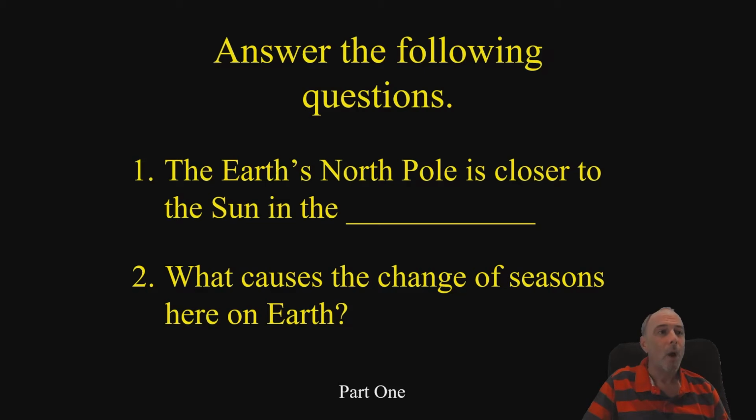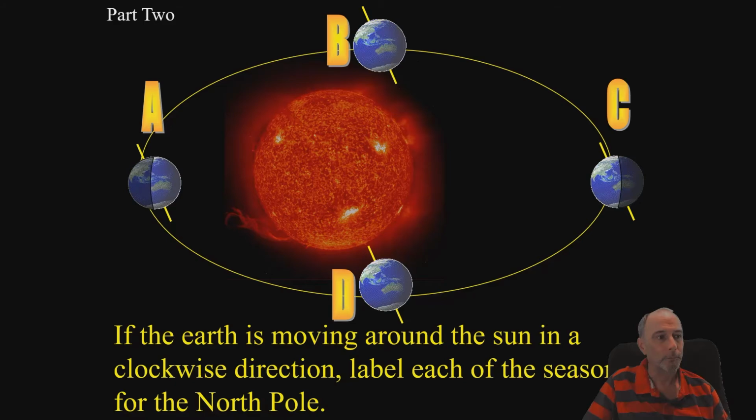And what causes the change of seasons here on Earth? Look at your notes. And then, if the Earth is moving around the sun in a clockwise direction, meaning from A to B to C to D and back to A this way,